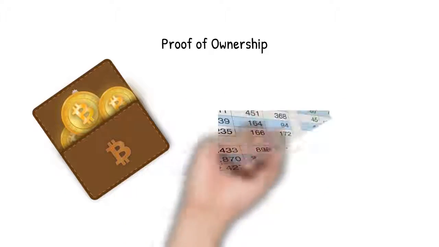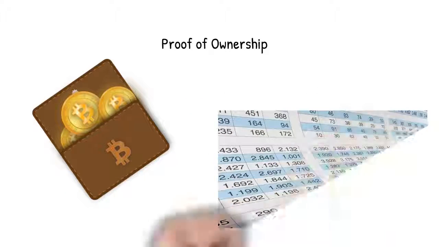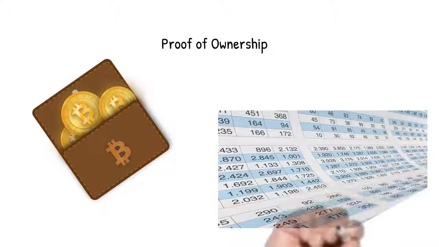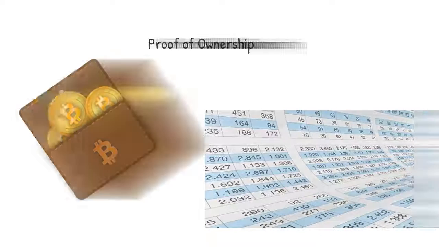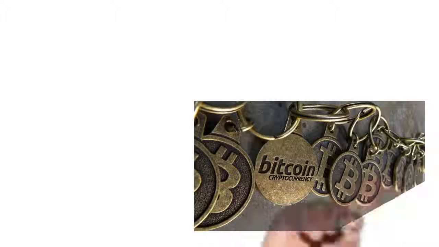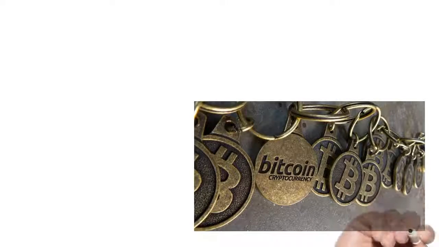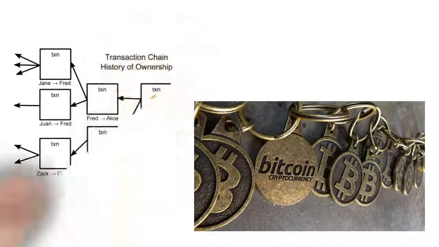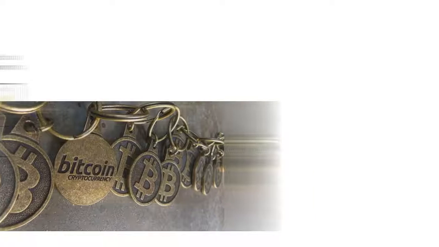You don't have a stack of Bitcoins somewhere or even a number stored somewhere that represents your Bitcoin balance. What you do have is a list of transaction chains, all of which point to you as the final owner. Bitcoins are passed along this ownership chain by coded messages that are digitally signed.